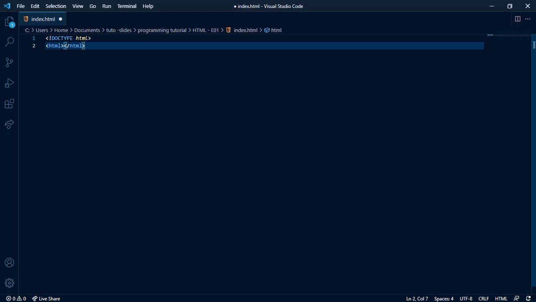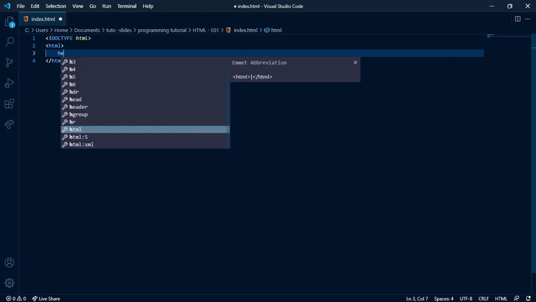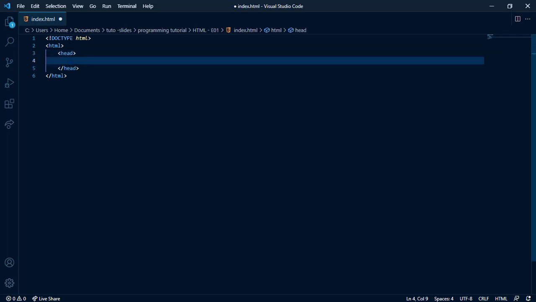tag. Now the HTML tag has to be there. It is a must, so that the browser gets to understand that this is an HTML document. After that, we are also going to need to create another head tag. And a common thing that you're seeing here is that when you open a tag, you must close it. And the way you close it is by just adding this slash,